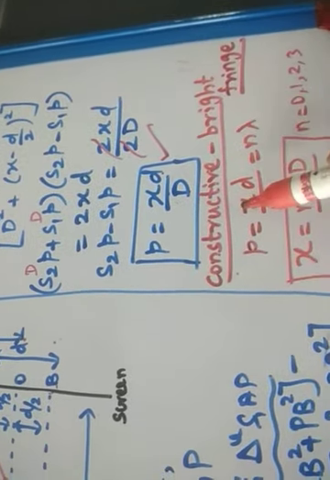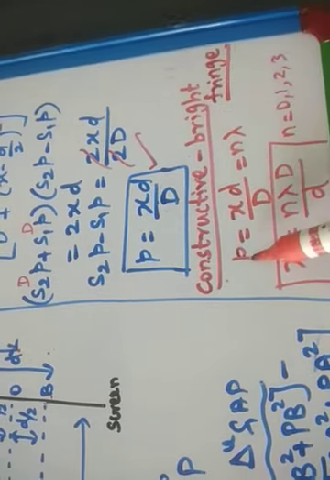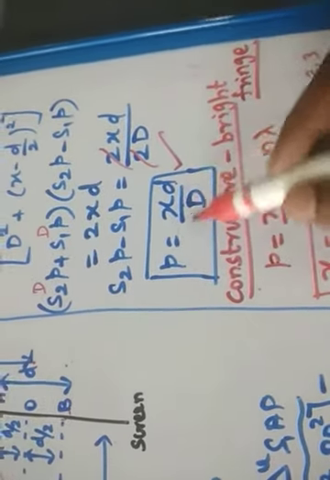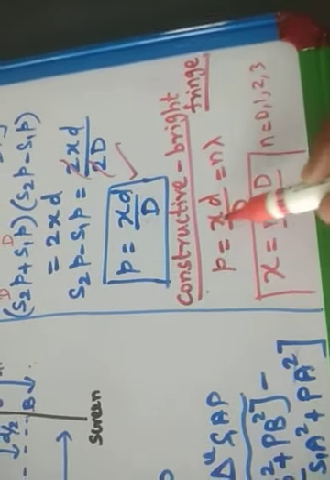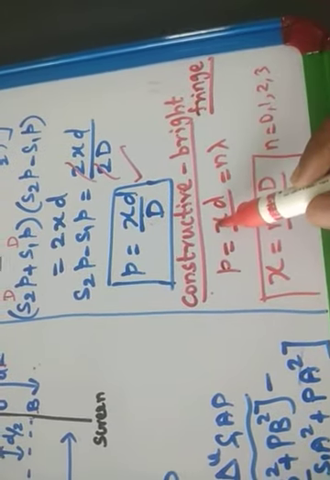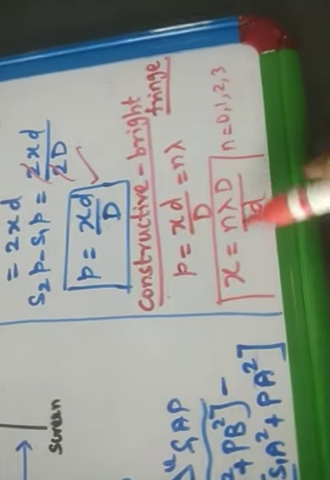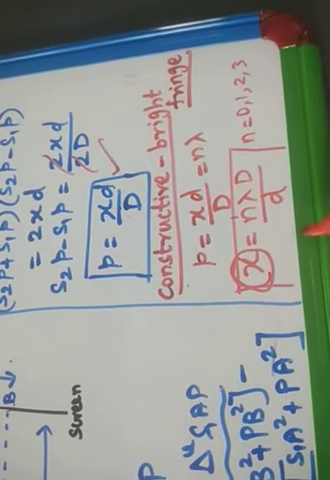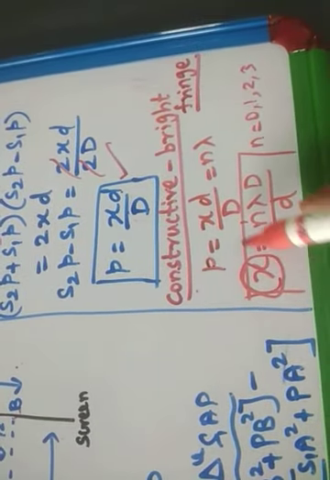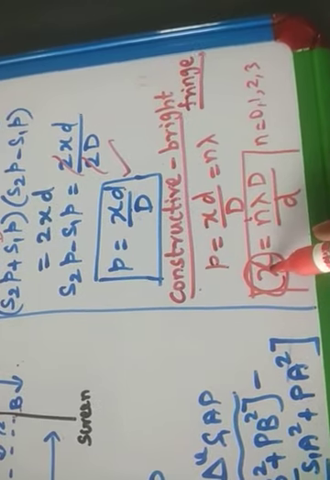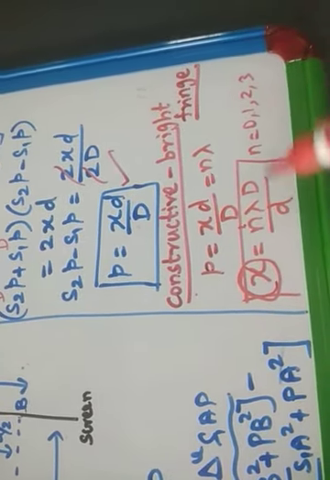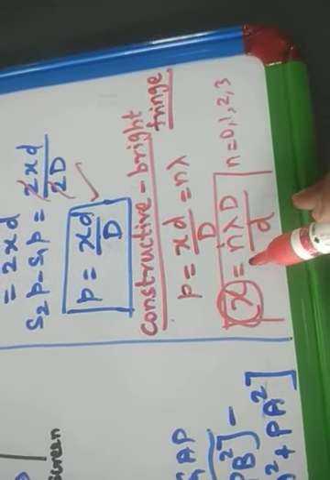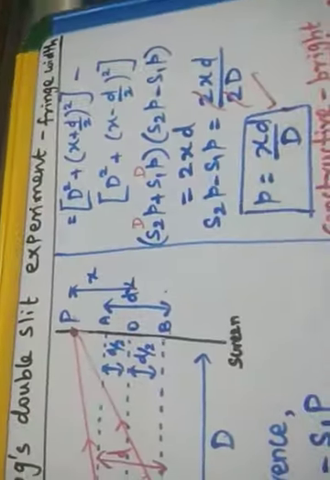We already know that for constructive interference, for a bright fringe, the path difference is equal to n lambda. For our case, the path difference is xd by D, so xd by D is equal to n lambda. Keep x as it is and bring the capital D and small d over, and we get n lambda D by d. If you substitute n equal to 0, that is the position of the first bright fringe. Substitute n equal to 1, this is the position of the second bright fringe, then the third bright fringe, likewise. So we get the different bright fringe positions, because x is the position from O, at different places on the screen.